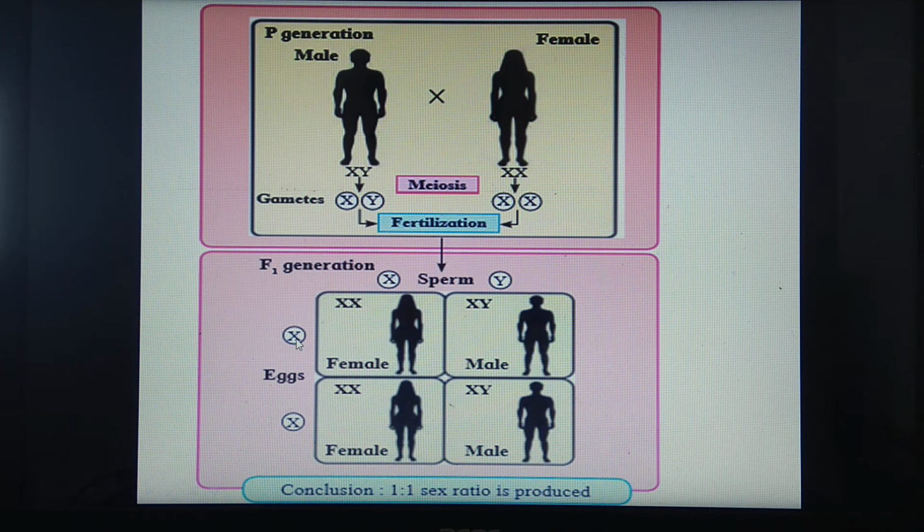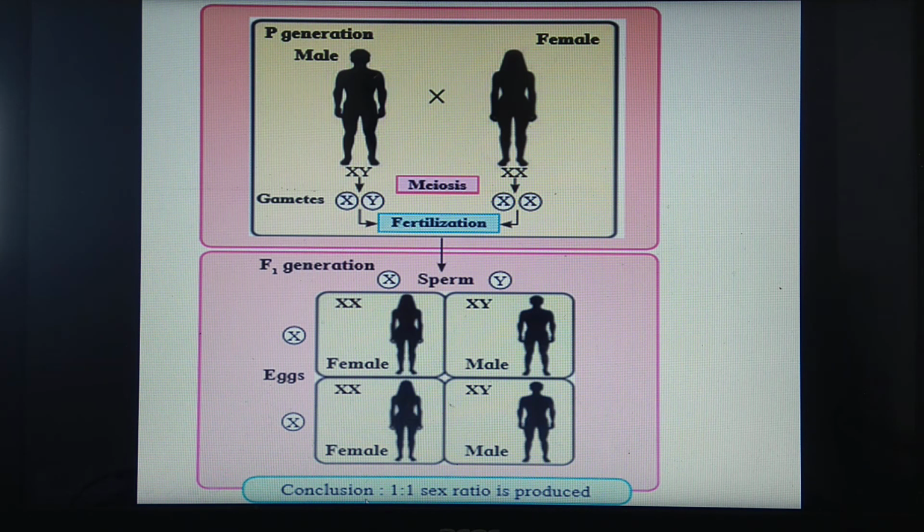When this X chromosome unites with this Y containing sperm, the genotype will be XY and resultant child will be male. Here this will be the male. Now we'll consider second ovum. When it fertilizes with the X containing sperm, your genotype will be XX and resultant sex will be female. Similar is the case when this X containing ovum unites with this Y containing sperm, the resultant child developed will be XY and that will be male. So in F1 generation we can say that 2 females and 2 males develop.